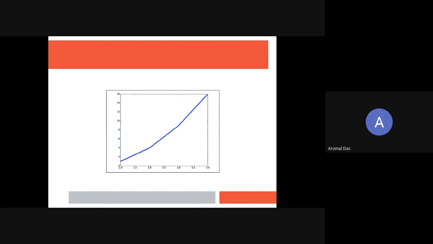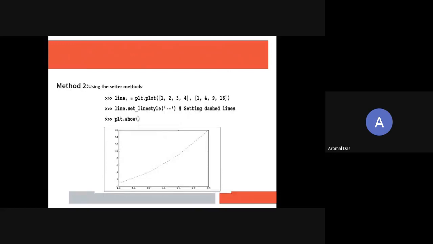So in order to use the plot function, here we are using some line attributes. Here we are using line width equal to 4, so after that we will get a thicker line. Okay. Then next is using the setter method. Here we set line dot set, line style is dot. So look here, the line will be displayed like this, dotted